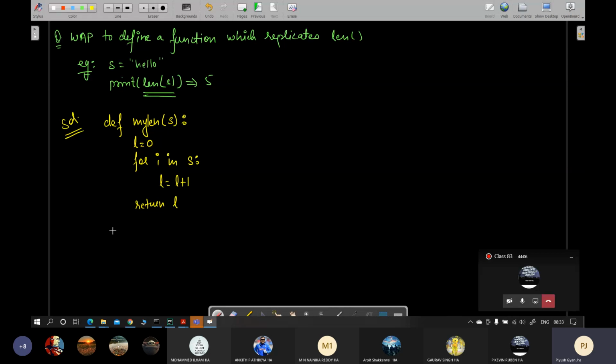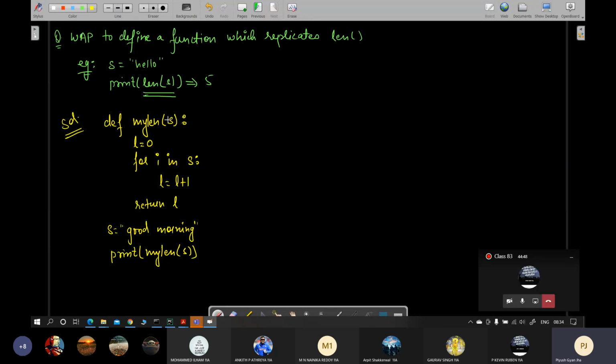So if I do something like this, s is equals to good morning, and then you write print and call mylen of s. What will happen? This mylen function will be called with this value good morning passed as the argument s and collected.